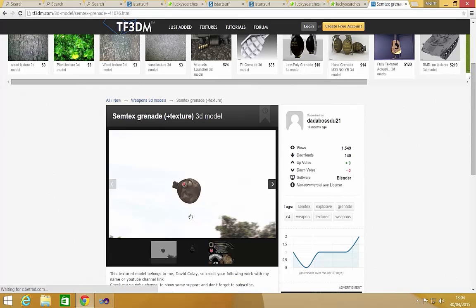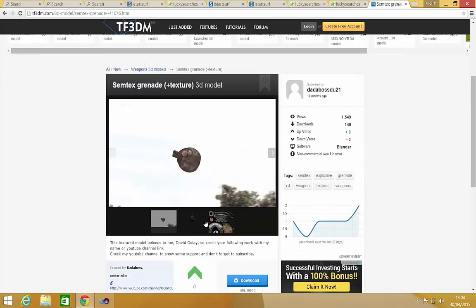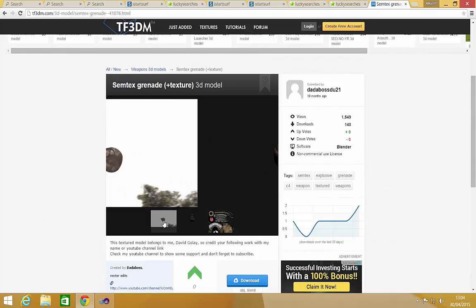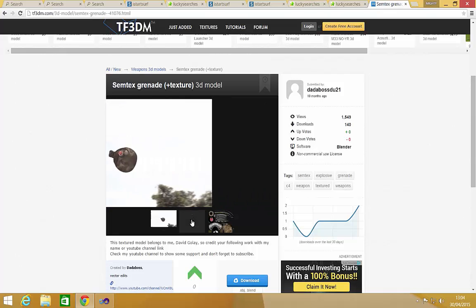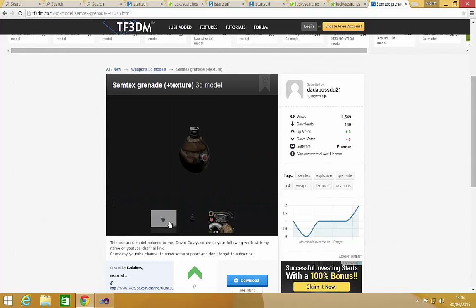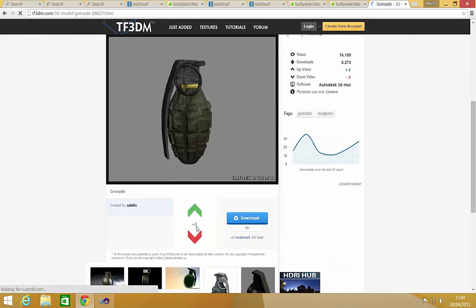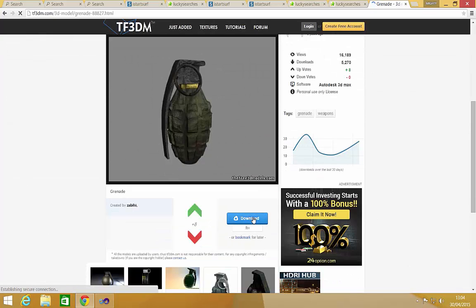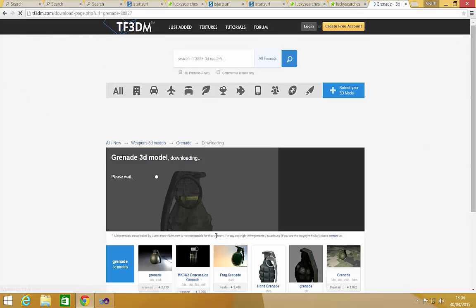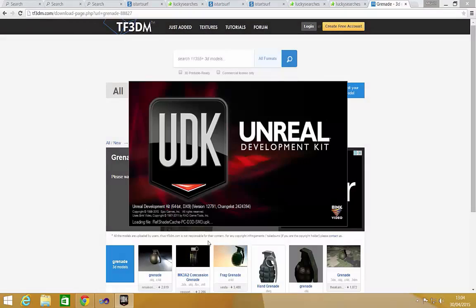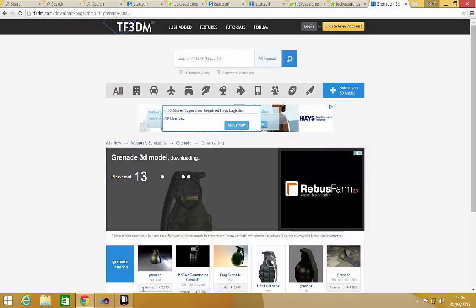Syntax grenade plus texture. Let's look at it. Looks like that C4, that projectile I had. Syntax grenade. I might just grab this grenade. This one looks pretty reasonable. Just download it. Alright, so what you're going to do is download it and open up the